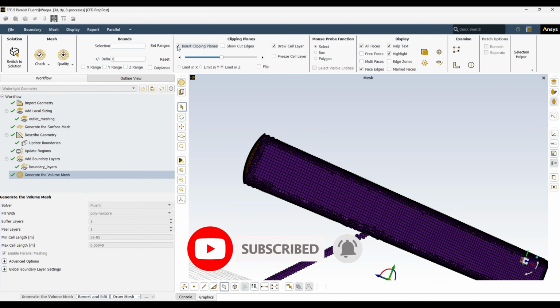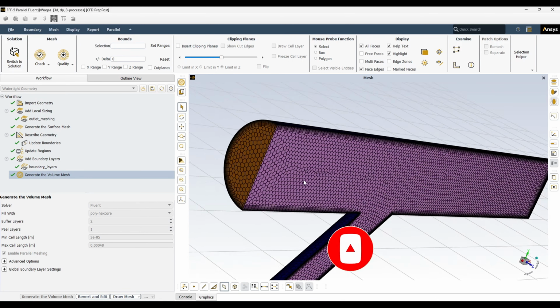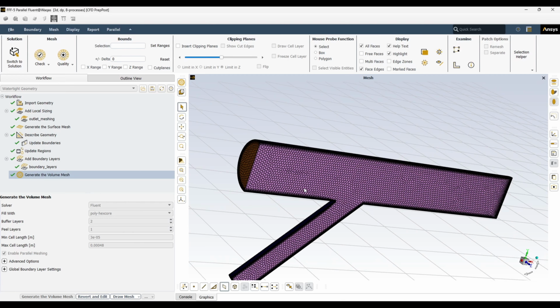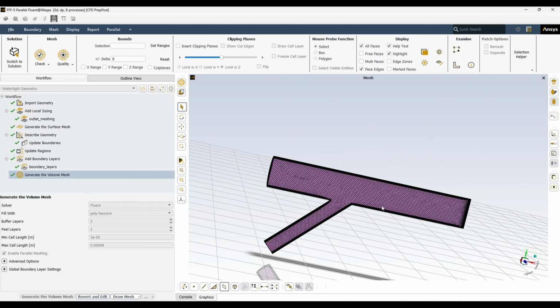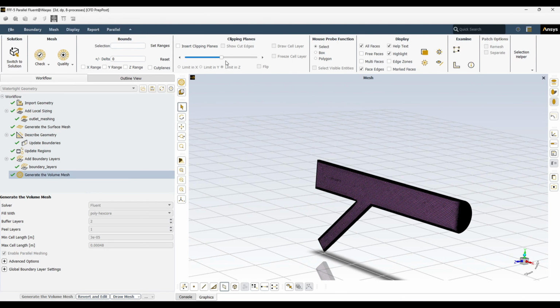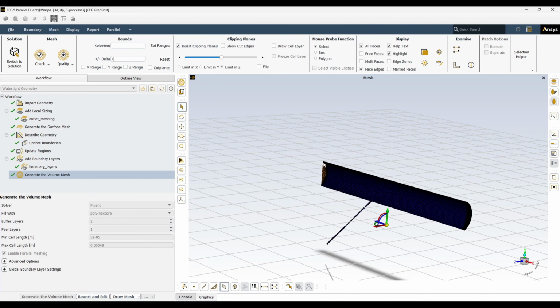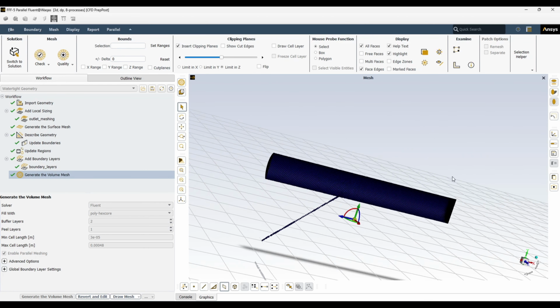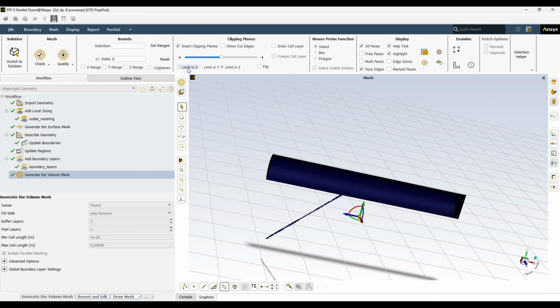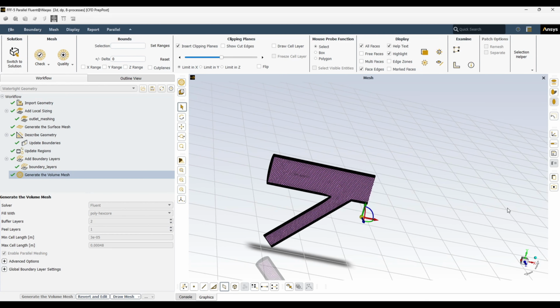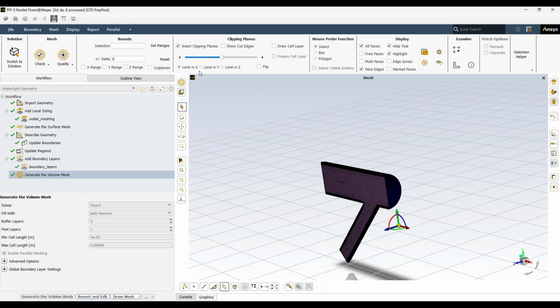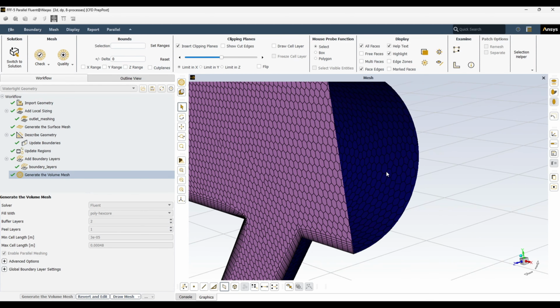By default it clipped that mesh. So on the surface here is the polyhedra, but we can, for example, from here we can see insert clip plane, and we can clip on x-axis, y-axis, or z-axis. So for example,